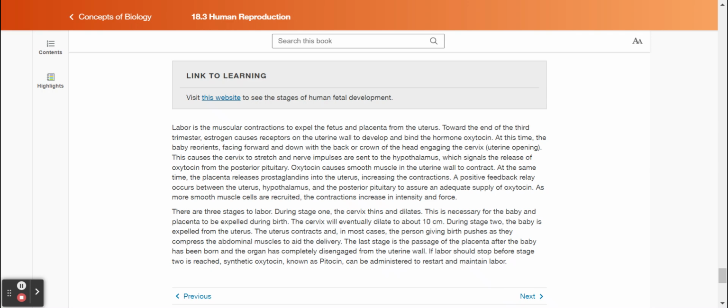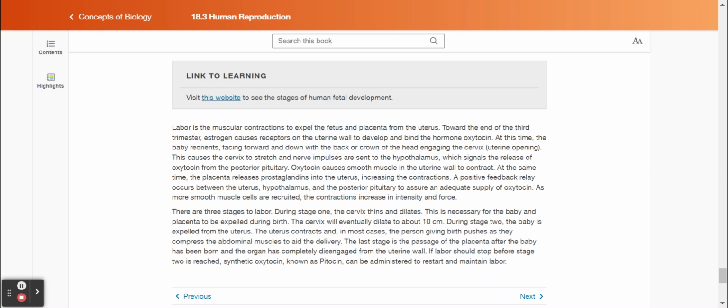There are 3 stages to labor. During stage 1, the cervix thins and dilates. This is necessary for the baby and placenta to be expelled during birth. The cervix will eventually dilate to about 10 centimeters. During stage 2, the baby is expelled from the uterus. The uterus contracts, and in most cases, the person giving birth pushes as they compress the abdominal muscles to aid